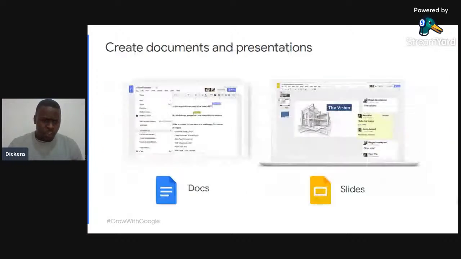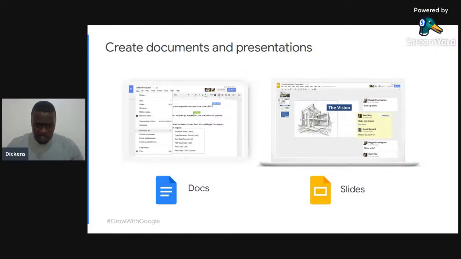When we talk about creating documents and presentations, ladies and gentlemen, we have great features. And just to remind us, if you want to access your Google Workspace, I don't know whether you can present the whole window here, but let me see. People are joining us. Great. My moderator, Winnie Anastasia, shared with you a mentorship link, as I mentioned. So let me show us how we can use Docs and Slides, which come with Google Workspace.